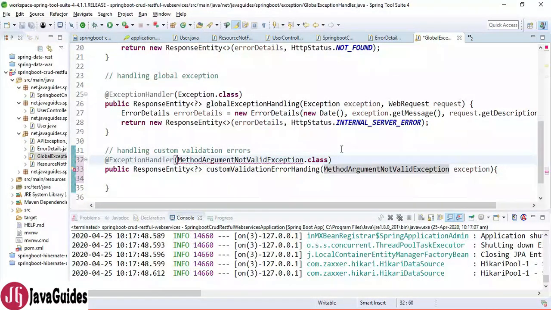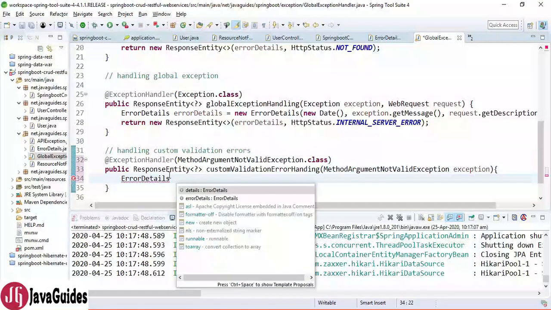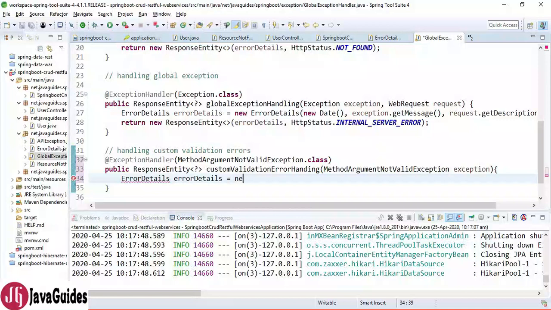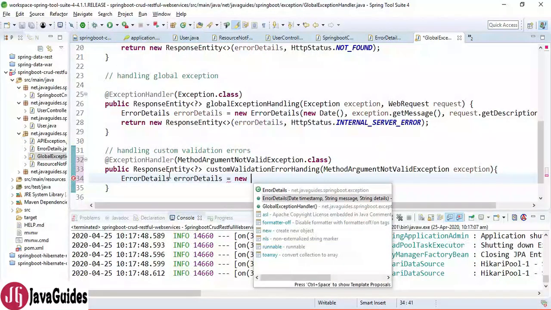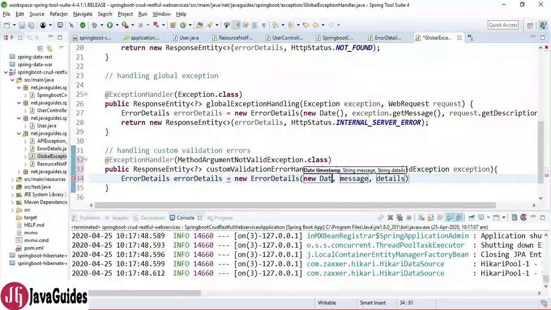Okay, so whenever there is a validation error or exception thrown in the application, it will be handled by this method, and inside this method we are going to create an ErrorDetails object equal to new ErrorDetails, and here just pass the current date. Okay, and here we need to pass a message, the validation message. I am going to give something like "validation error".